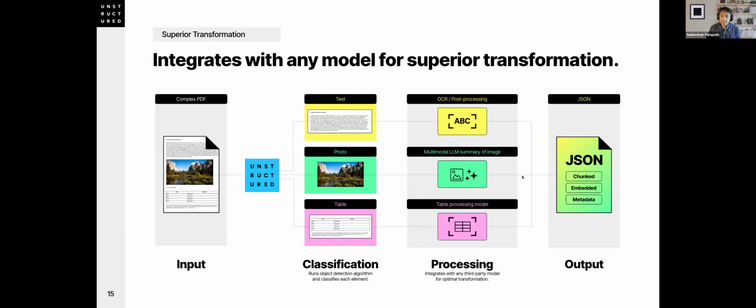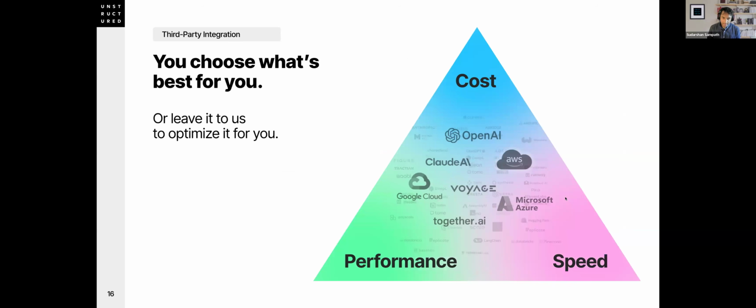And then you as the customer can actually choose what level of precision you want. You can choose a more expensive VLM model if you wanted to. You can choose a different model for table processing. You can choose a different model for your text parser, although our text parser is lightning fast, so I would recommend it. And I think it's very, very good. But you'll always get this canonical JSON out of our platform.